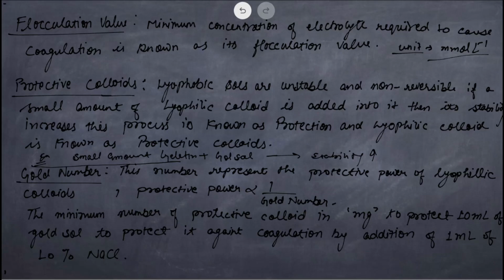The gold number is the minimum amount of protective colloid in mg required to protect 10 ml of gold sol against 1 ml of 10% NaCl. What it means is the minimum amount of protective colloid in mg, like 1 mg, 2 mg or 3 mg, to protect 10 ml of gold sol against 1 ml of 10% NaCl. Okay,